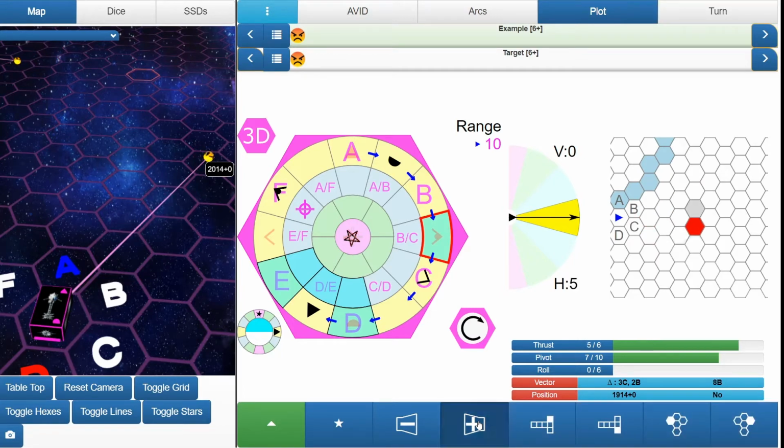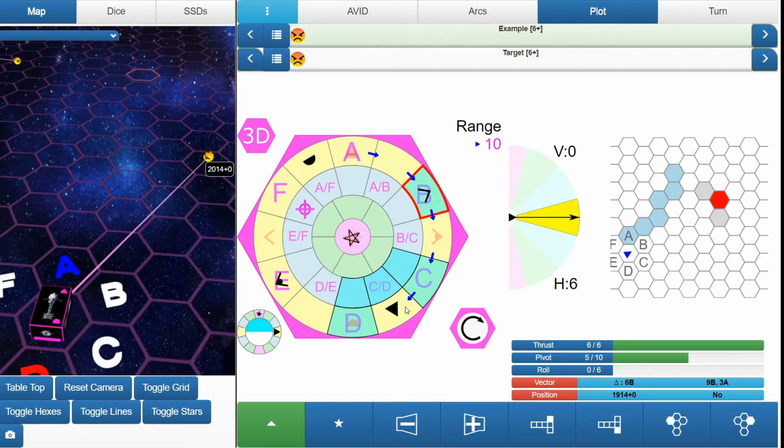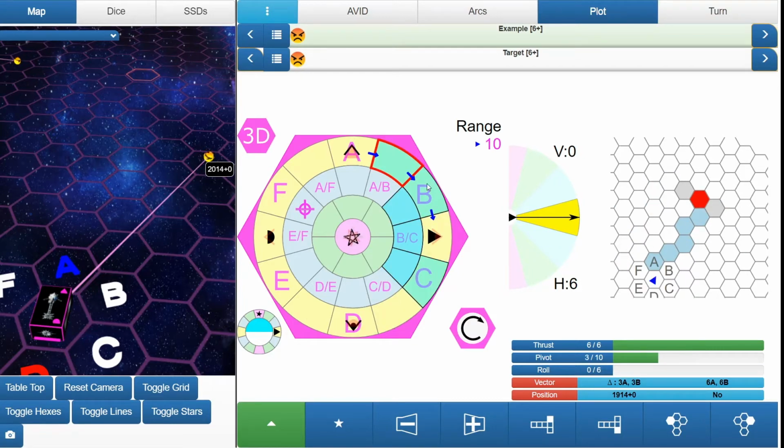Now, some of you might be asking, why did I pivot a good 7 windows when it's faster to do it this way with 5 windows? Well, that's because in Mode 2 movement, the direction that your thrust is applied is at the halfway point of the pivot. As you can see here, as we applied thrust, this window lit up with a red border, as well as a light blue overlay. As we start circling back, you can see that window changes because it's the halfway point of the pivot rounding down,